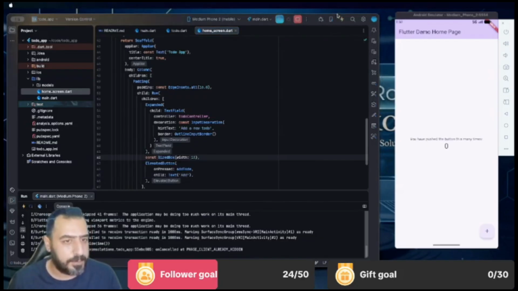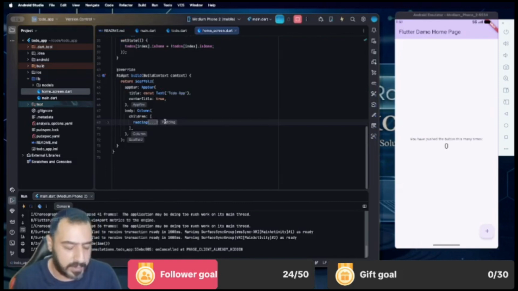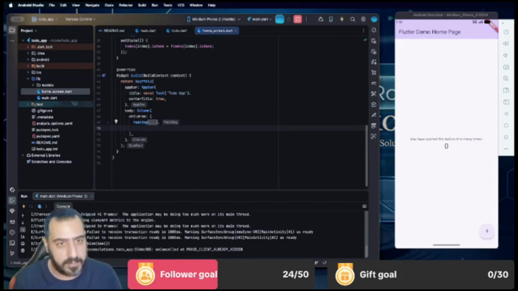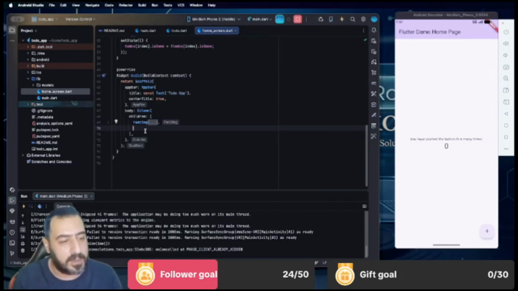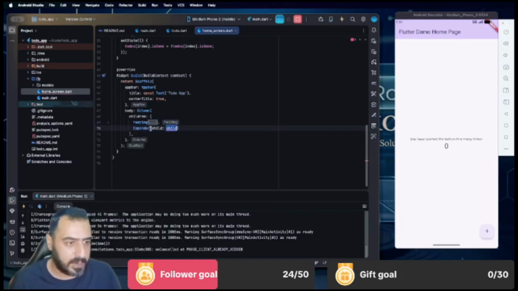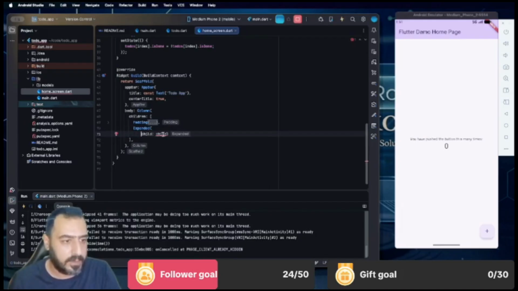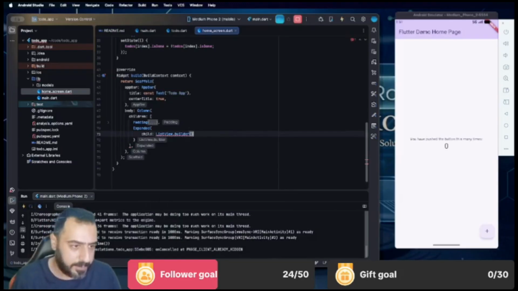Right now, after this padding that we created, we need to show the actual list. So below this one, we create another Expanded. This Expanded will fill the rest of the screen that is not in use. For the child, we'll make a ListView.builder,